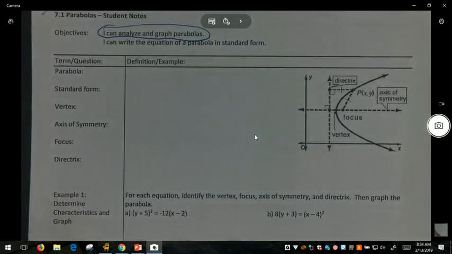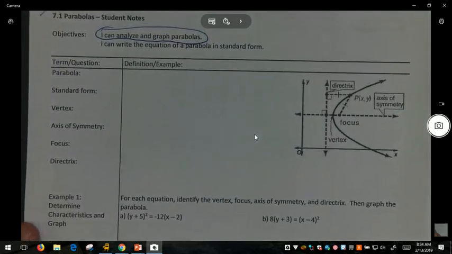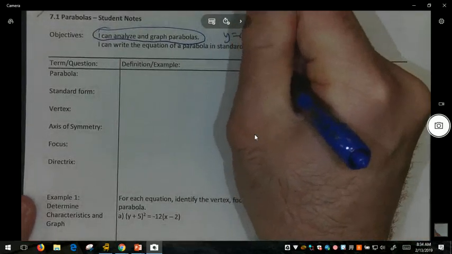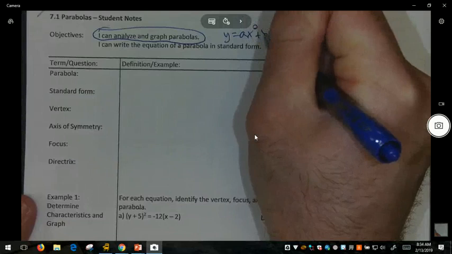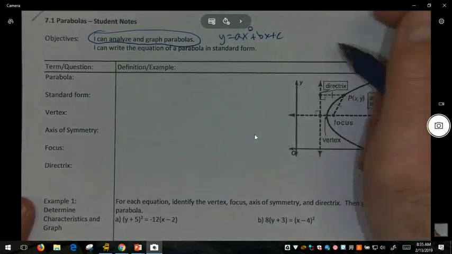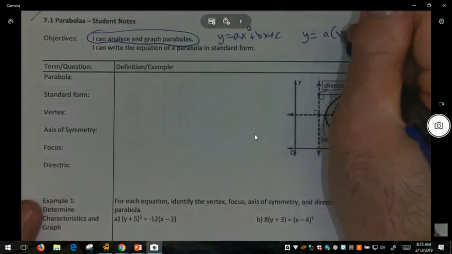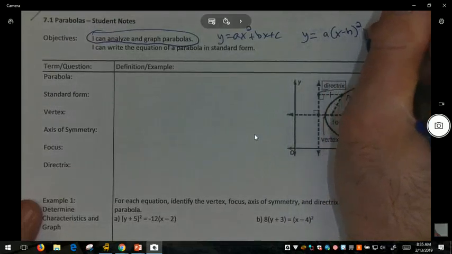Parabolas are not strange or brand new to you because you graphed them when you graphed quadratic functions in the form y equals ax squared plus bx plus c, or in vertex form, y equals a times x minus h squared plus k,